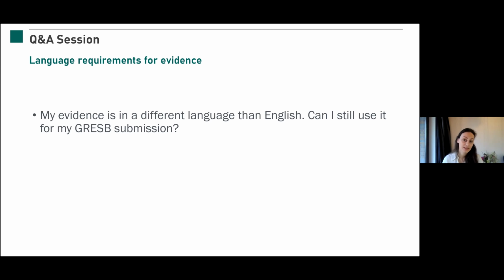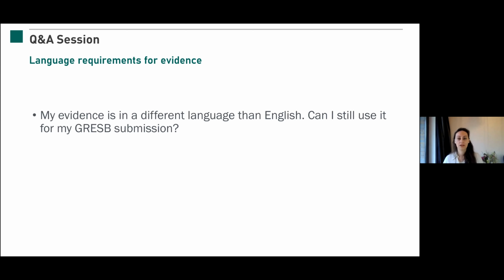So what we typically ask you to do, if that's the case, is to use the evidence page. We have a nice little template in the back of the reference guide that you can use as a cover page, and to add a summary of your evidence in English, so that the validators are able to find the information that they need to find in your evidence to verify that what you are stating in your response matches with your evidence, and are able to still understand it without you having to completely translate a document, because that can be very cumbersome and expensive.